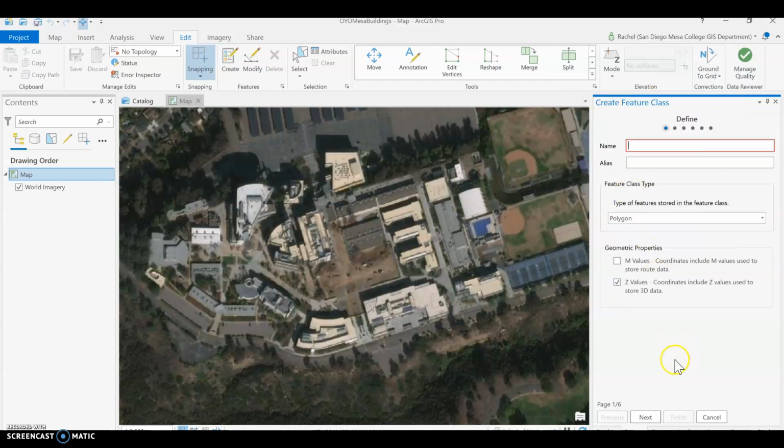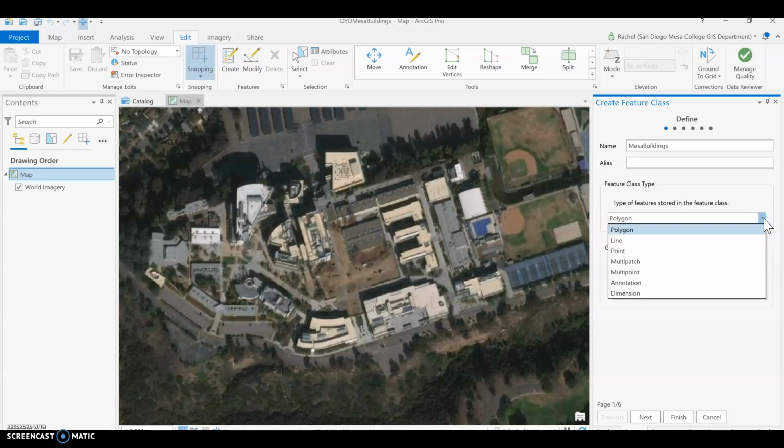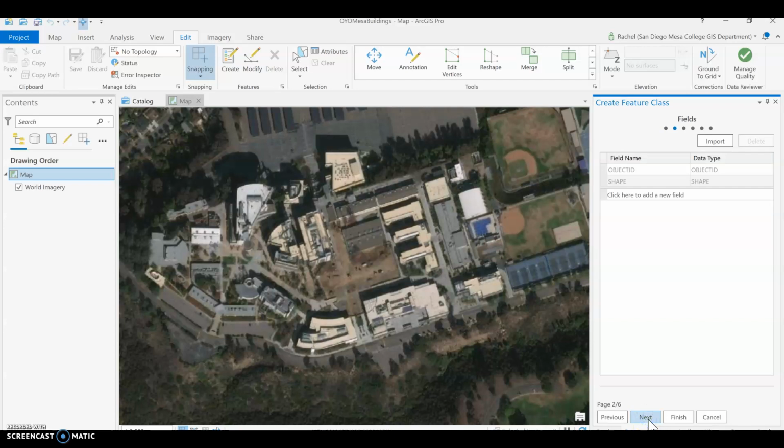And this brings up the Create Feature Class menu. We'll give it a name. And here you can change the feature class type. We're going to do polygon since we're doing buildings and they have an area. Go to Next. On this next pane that pops up of the fields, this is where we can add in